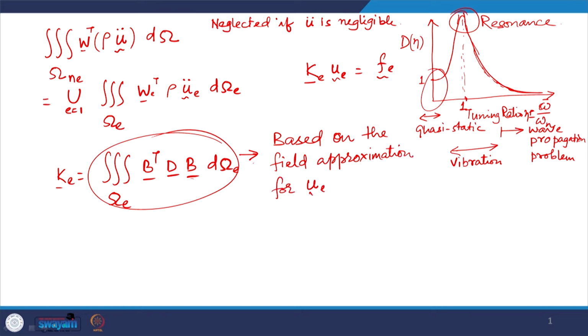for u on omega E. So, for the particular element, the element subdomain omega E, that is a particular finite element, we approximate the variation of primary variables, that is deformations, displacement along x, displacement along y, displacement along z, and we develop suitable polynomial interpolation depending on the required degree of continuity in the weak form of the weighted residual statement, and from that approximation we compute the derivative, operate the differential operator on that to evaluate the strain field, and from the strain field we get the stresses, and this is how we get the strain energy term,